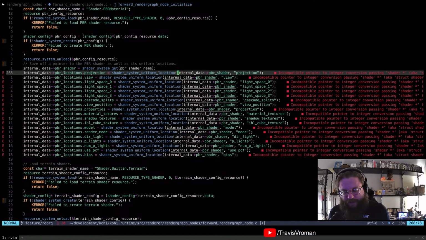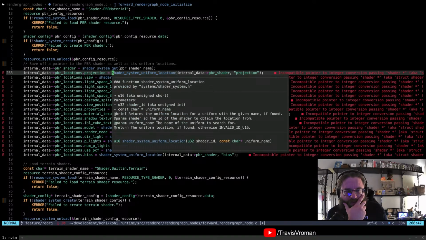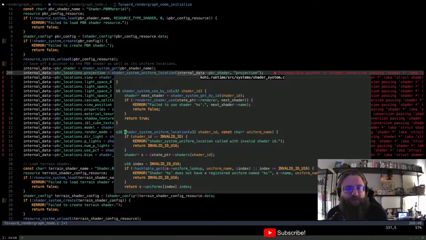So let's see. What are we missing here? Okay. So a lot of these shader system functions used to take pointers to shaders, but now they just take shader IDs because it's a lot easier to keep these IDs all over the place than pointers, right?